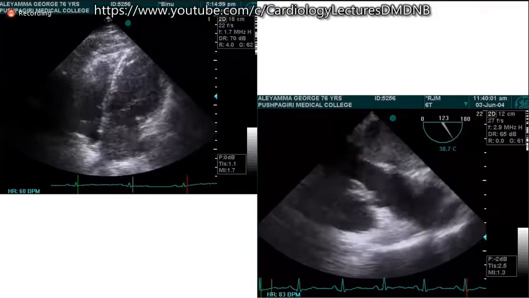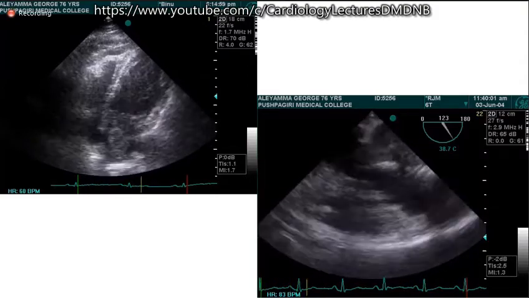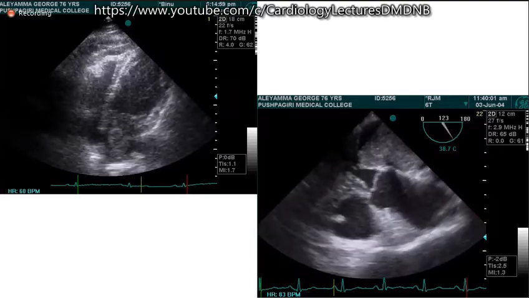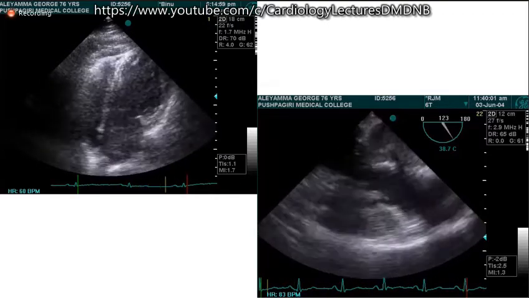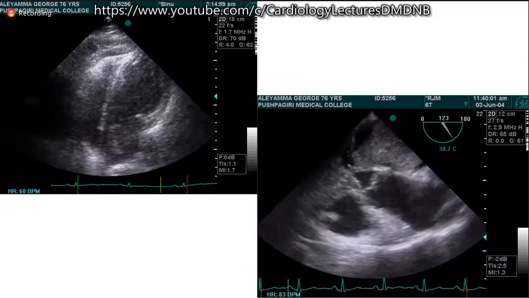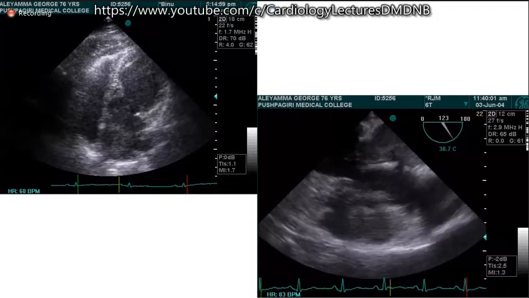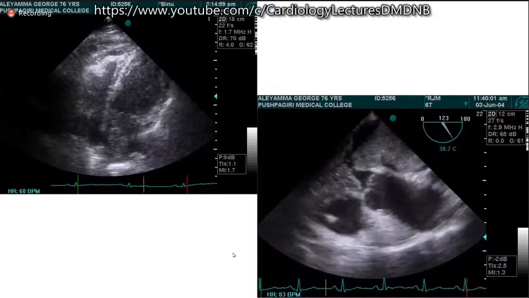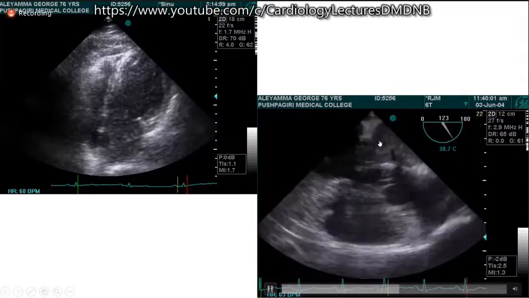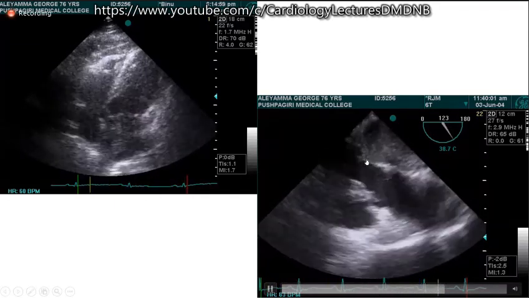Whenever you want to look at something which is in the left atrium and you want more clarity, then transesophageal echo is always useful, because transesophageal echo looks from behind, and the left atrium is a posterior structure, and two, it is close to the left atrium, so the left atrial structures, the tumors, masses, whatever it is, become much more clear. So whenever you are suspecting something in the left atrium, and if you want more clarity, you should depend upon transesophageal echo. And here in this patient, when the transesophageal echo is done, you can find this very huge mass, and it is projecting into the mitral valve during diastole.